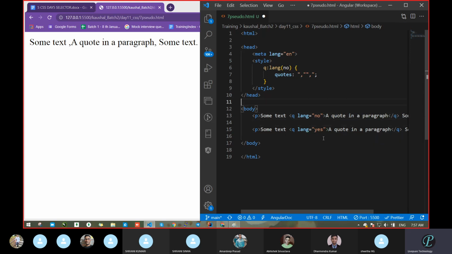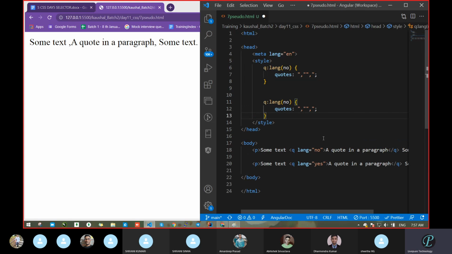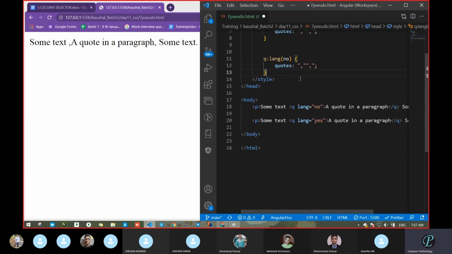So I am passing yes. For referring to any particular one, you can pass this with the help of lang, and here we passed the value yes, and I referred to this yes value there.